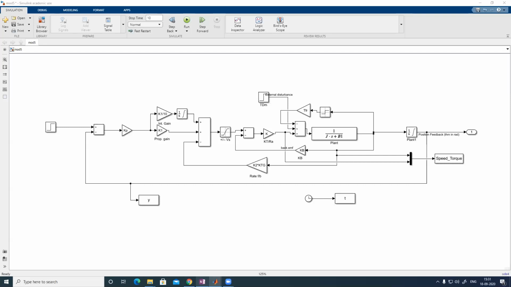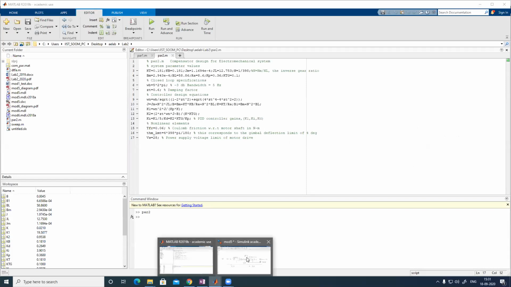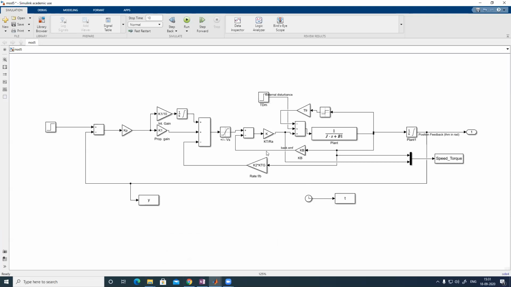B1 value is that KT KB by Ra will not be there. I mean B1 I am having is BM plus N square into BL. So that KB I am taking in the feedback loop now. So the entire transfer function will be G plus B1, plus KT KB by Ra will also come in the feedback. G upon 1 plus GH is coming now. Yes, the overall transfer function will remain the same.